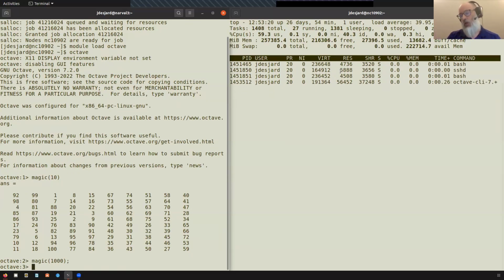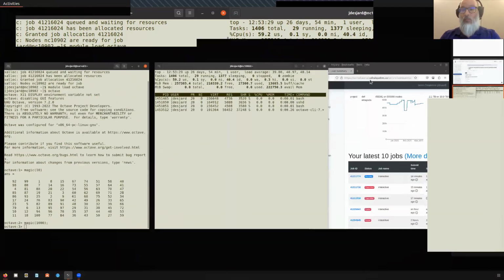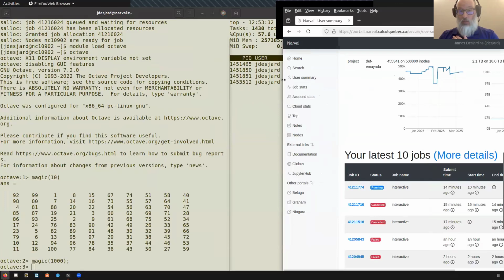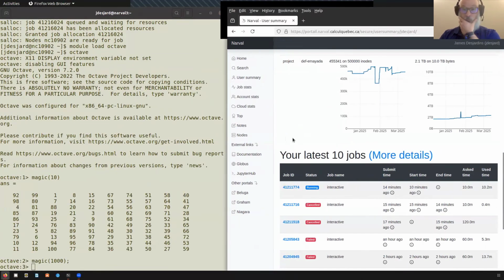But the big change that we're trying to make common in terms of a work environment on all of the national clusters is that if we go to the usage portal for the Narval cluster, so this is one of the clusters in Quebec. The portal is called portail.narval.quebec. If I update this,